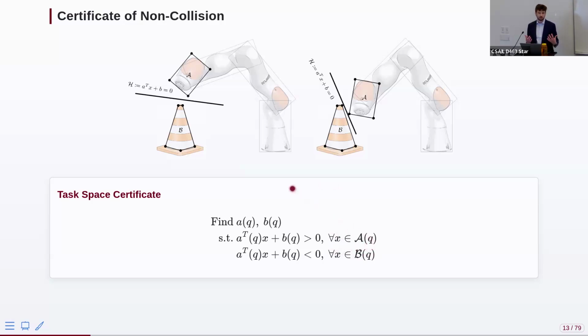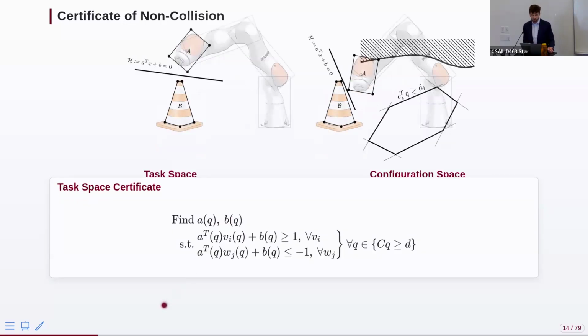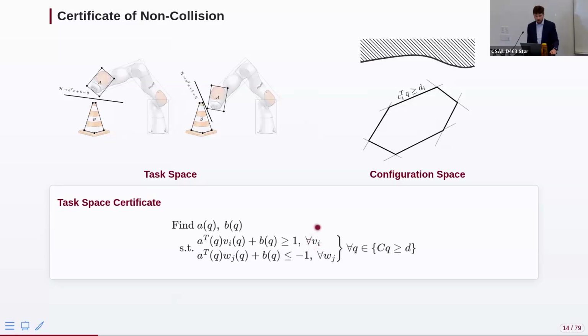But in a lot of cases for robotics problems, we can actually write this down as just a finite list of constraints. For example, for the body A, it's enough to just check that all the corners are on one side. But now the thing is, I have to find a function that's positive over some set. And it's going to be hard to do this globally. So what I'm going to do is I'm just going to restrict myself. And now we see configuration space enter again. As I move my robot over some part of configuration space, I need these functional inequalities to actually hold